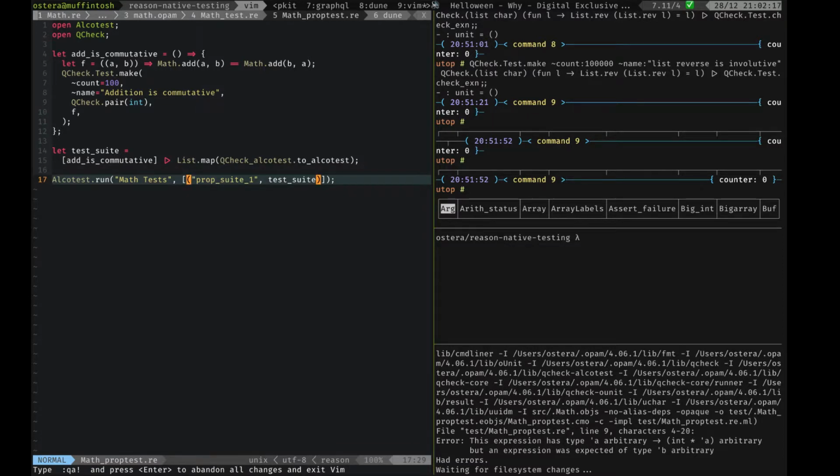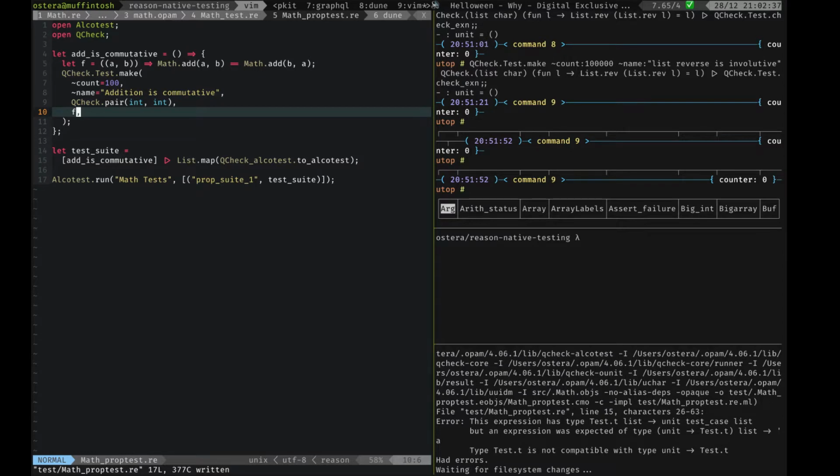But this is failing. This says line 9, pair takes 2 arbitrary and int is an arbitrary int. Oh. Right. A pair takes two elements, so you need to tell it that it will be 2 ints. So now in line 15, we get this